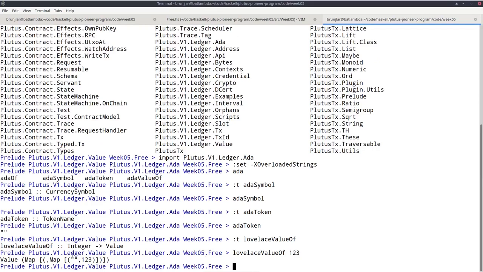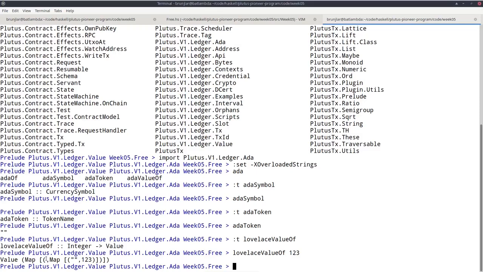And by the way, you would never construct a value directly by constructing these maps. Instead, there are always helper functions you can use, one of those being lovelaceValueOf. So here we see this map. The outer map, the map where the keys are currency symbols, has one key, and we don't really see it here.